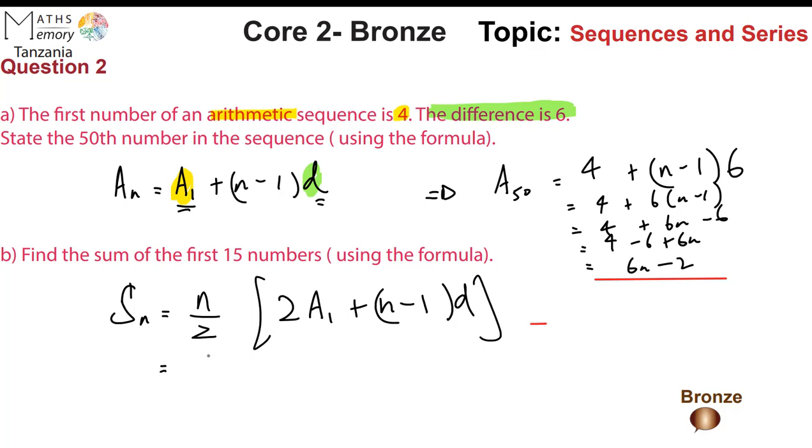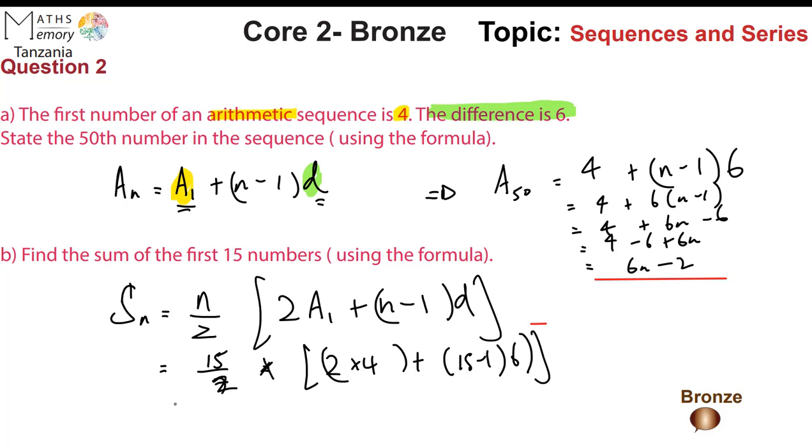We want the first 15 terms, so 15 over 2, times 2 times A1. A1 was 4, so 2 times 4, plus 15 minus 1, times the difference of 6. This gives us 7.5 times, 8 plus, now 15 take away 1 is 14, and 14 times 6 is 84. So this is like saying 7.5 times